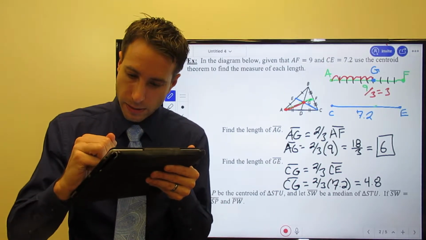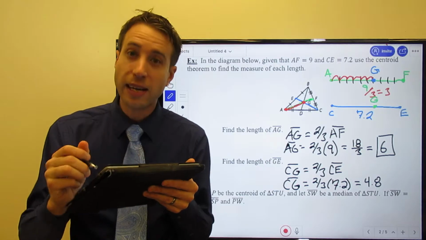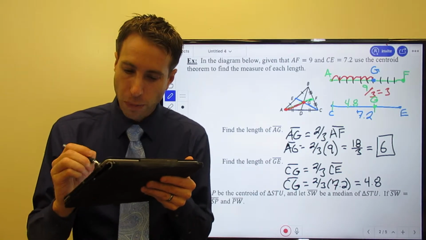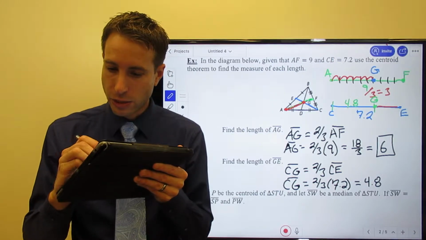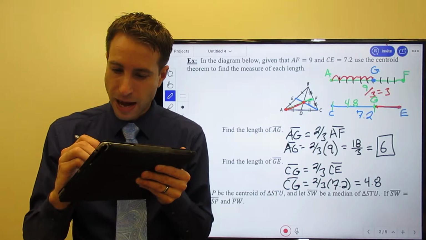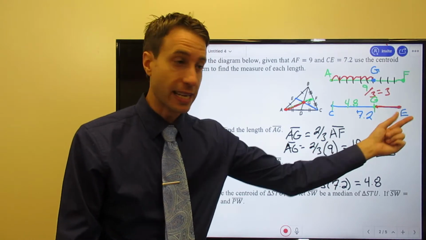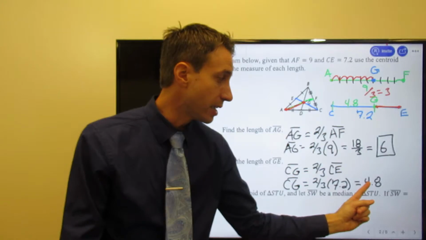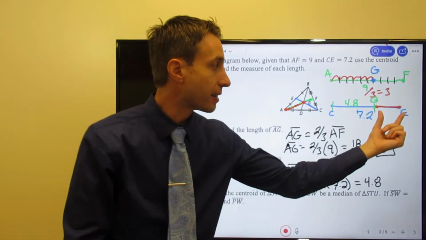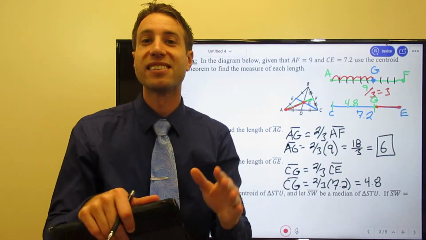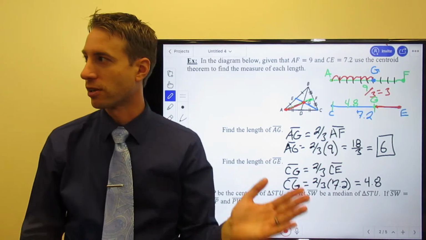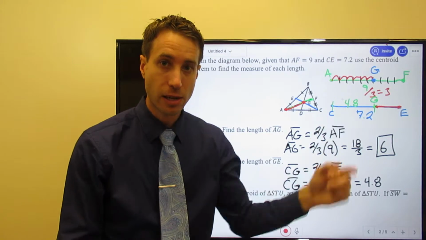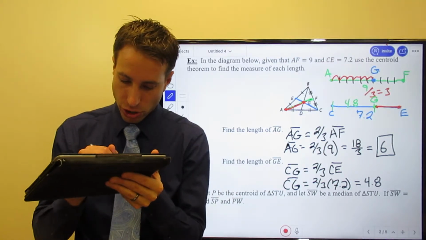Here's what I've done. Here is G, and you now know that that distance right there is 4.8. I'm asking you to find this little piece right here. You know the entire thing is 7.2. You just found CG, it's 4.8. So how do you find the little chunk I asked you for? Segment addition postulate. All the way back to chapter 1. 7.2 minus 4.8. So GE